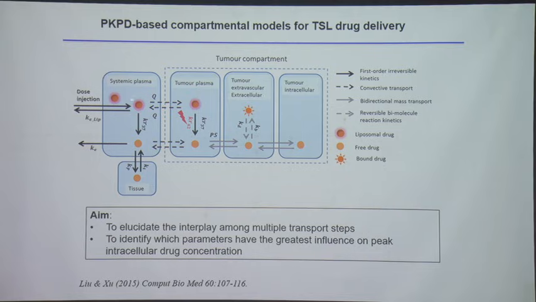So the drug comes into the system in encapsulated form. It can be released through a trigger, and here the trigger is temperature. So part of it can be released even at body temperature with a small leakage. And then there is communication with the tumor compartment through tumor plasma, so through the blood transport into the vasculature in the tumor space. And over here, if the temperature is right, then controlled release takes place, and then the